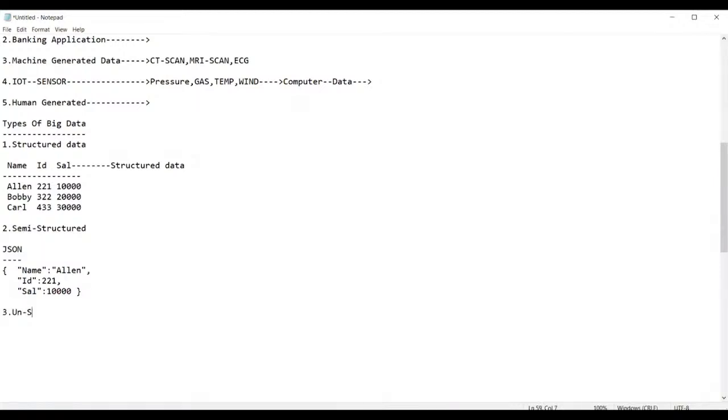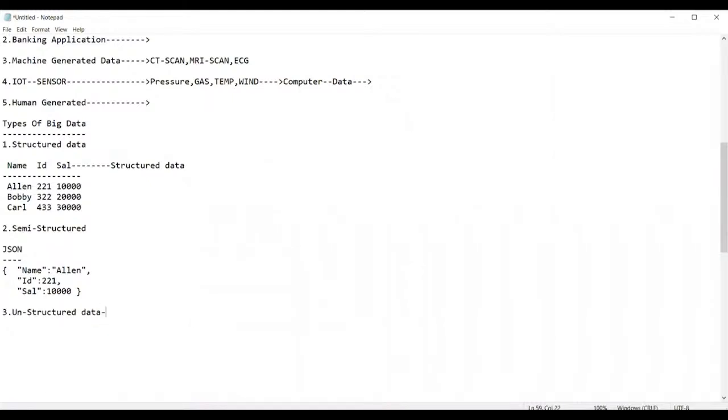Unstructured data is nothing but data that has no particular structure, such as the photos in your mobile phone, the videos, the chat history, and the voice notes. All these come under unstructured data.